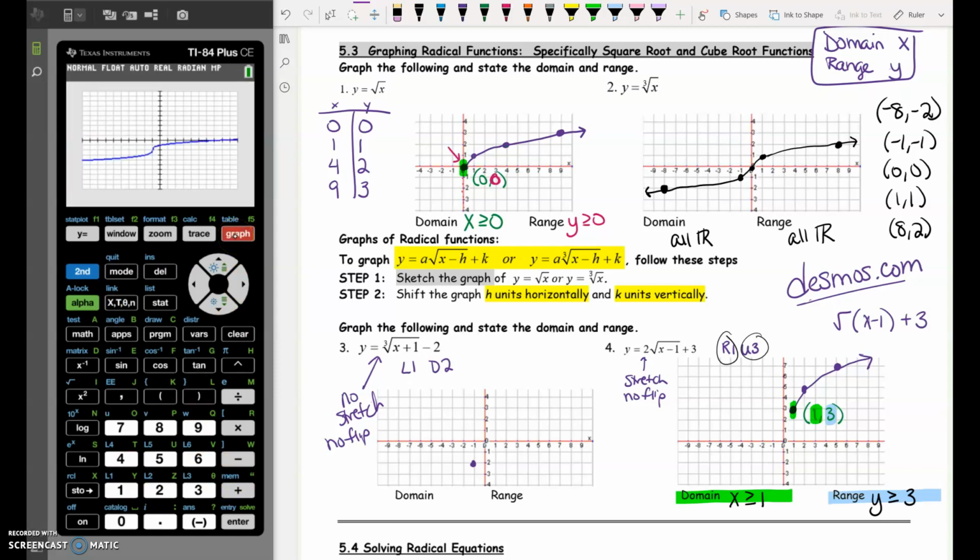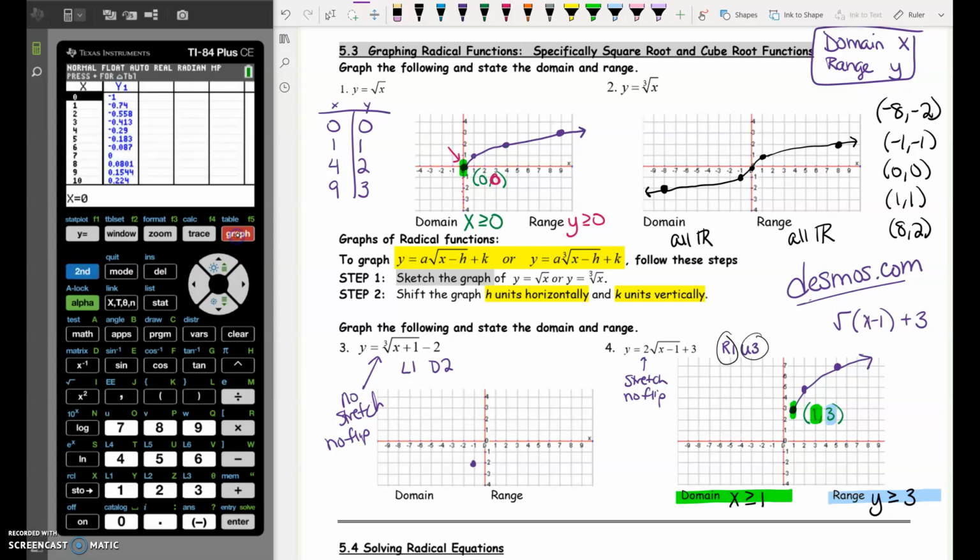There's what it looks like on the graph. If we go into the table, I've got the point (0, -1), that's the one I already have graphed. I see the point (7, 0). I probably want some points down here. Oh, (-1, -2). Oh, (0, -1) I didn't have. (-2, -3). And then if I keep going, I know there's one more up here. (-9, -4). So there's the actual